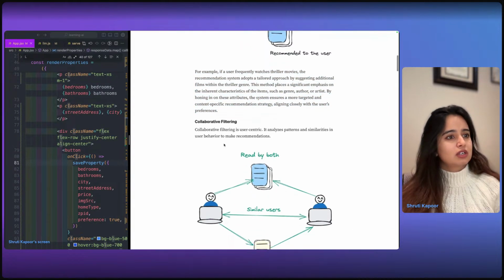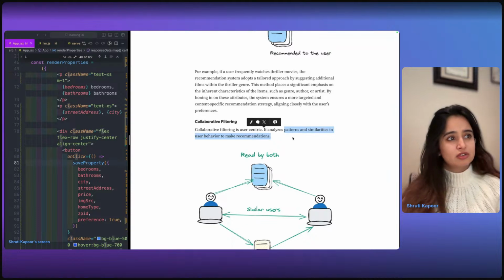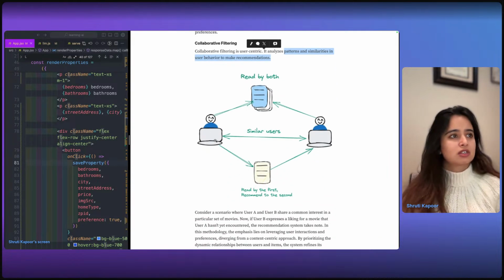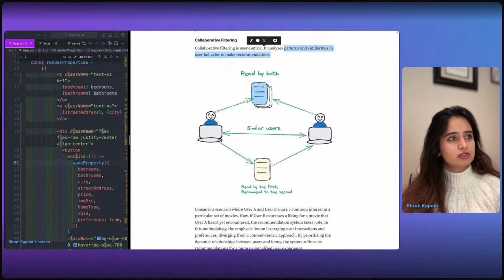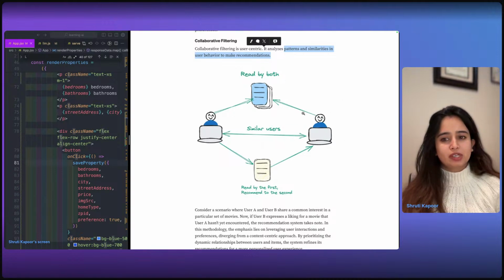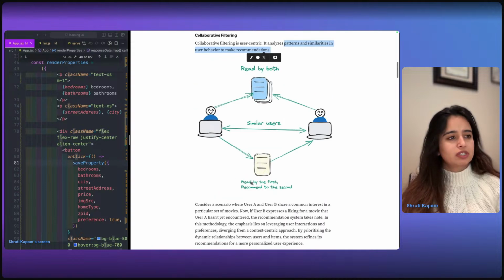Interesting. Collaborative filtering is user centric. It analyzes patterns and similarities in user behavior to make recommendations. So both these people read the same article and they're kind of similar. So if it was read by the first, we recommend it to the second. I think this is kind of helpful in shopping experiences, but for our experience, I believe content-based filtering is what we need.